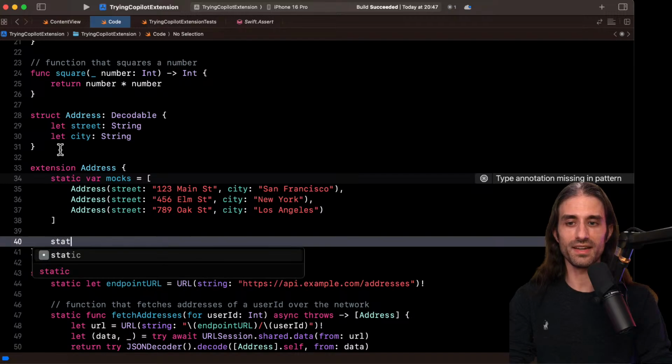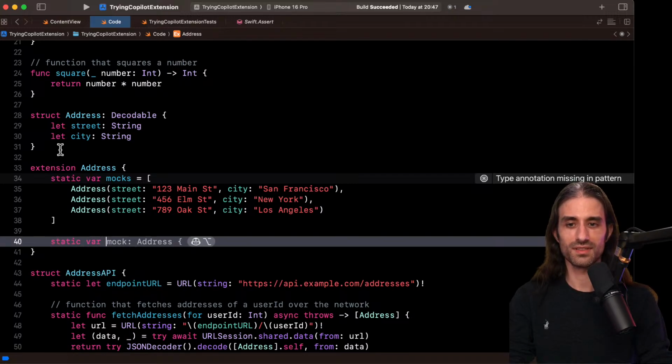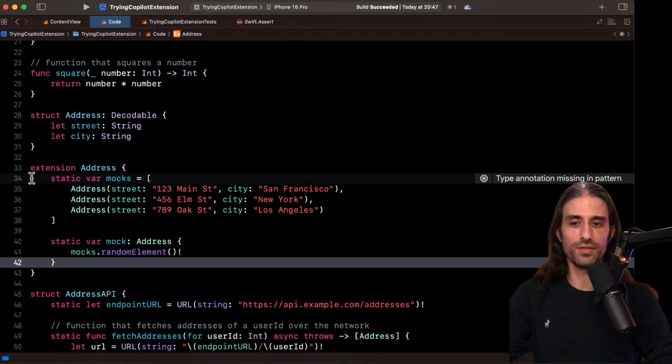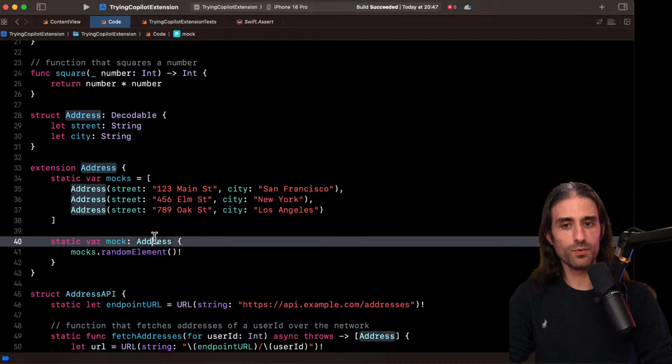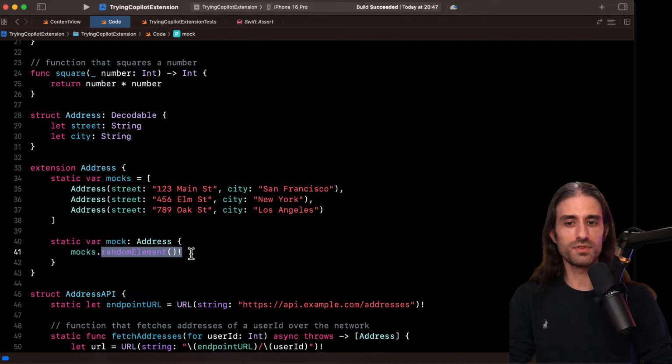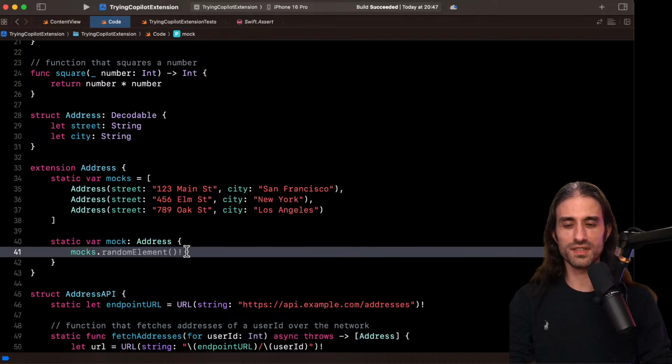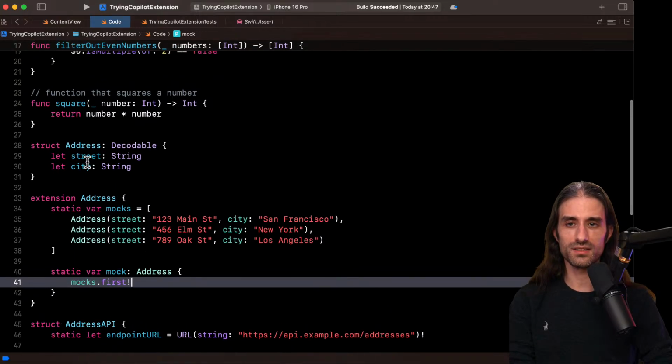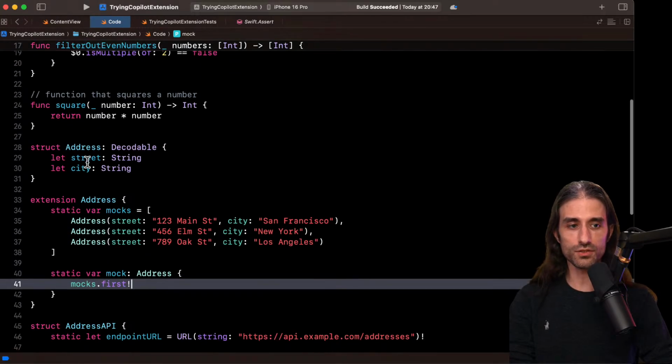Okay. And then if I try to say mock, yeah, a random element. To be honest, here a random element makes sense. I would still prefer doing something deterministic rather than something that will change every time. But yeah, it did quite a nice job.